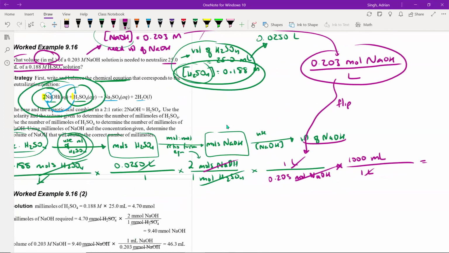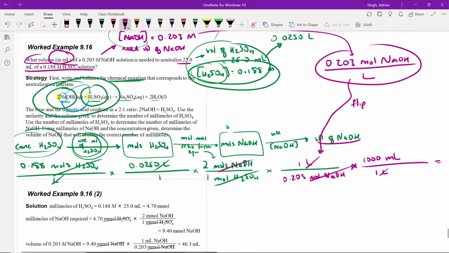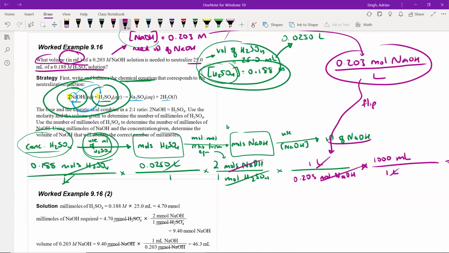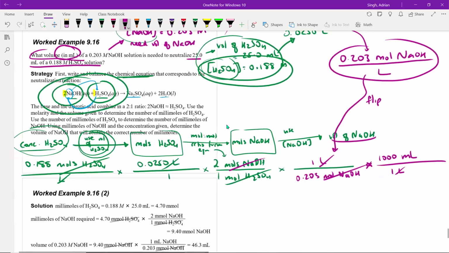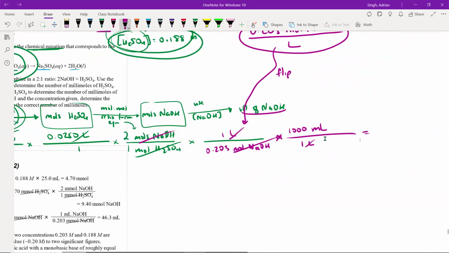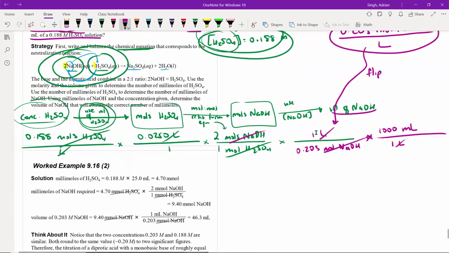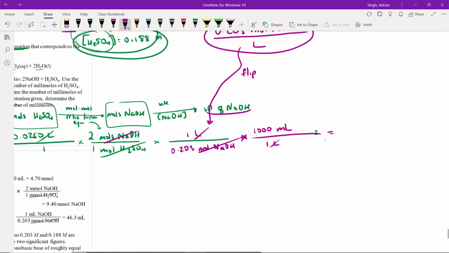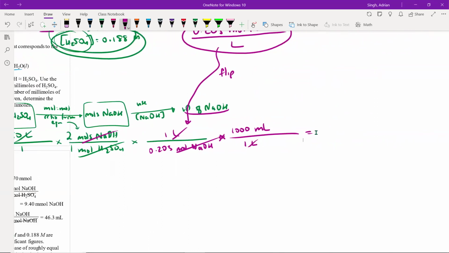All of these steps individually we have done before. Some of them we did in this section, others we did in previous sections from a week ago or 2 weeks ago, but we're now putting them all together in one big long calculation, and we can see how all the units that we don't want cancel away, and the only unit I'm left with is the unit that I want, which is the milliliters of the sodium hydroxide. So if I stick this in my calculator, we'll end up with 46.3